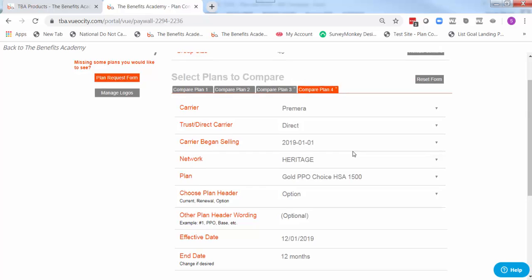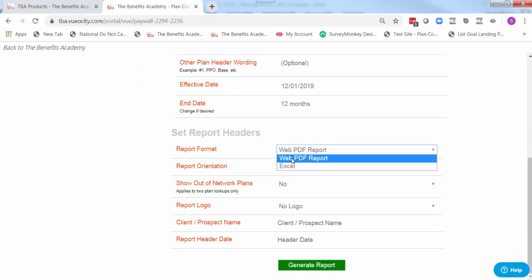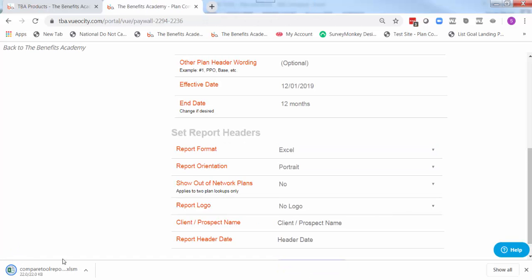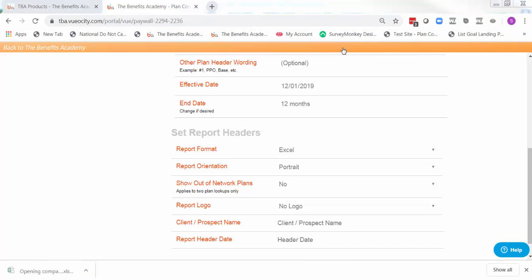Now that I've gotten 4 plans chosen, I'm going to choose the report to be pushed out into Excel. And I'll just leave that it's portrait. I don't want to show out-of-network plans. And I'll generate the report. It'll pop up on my screen. When I open it,